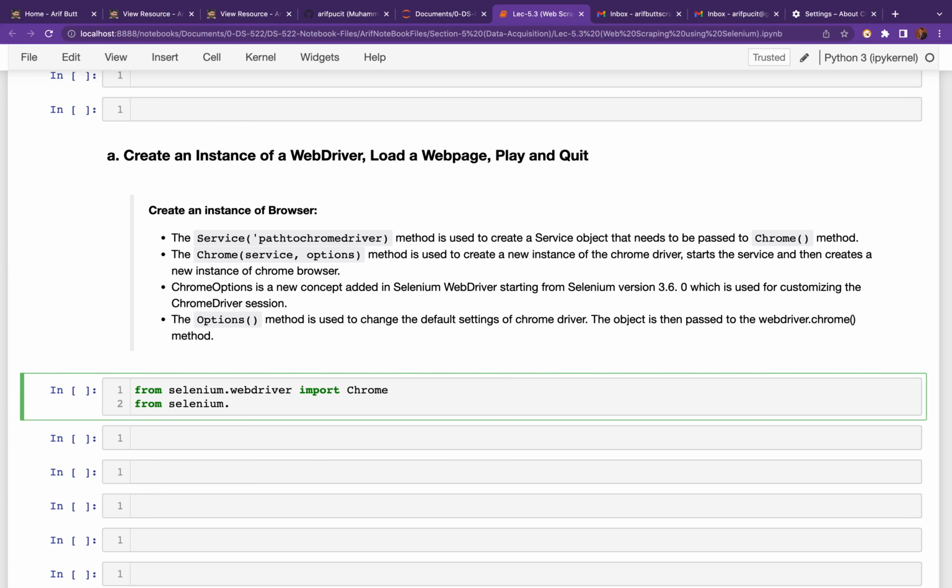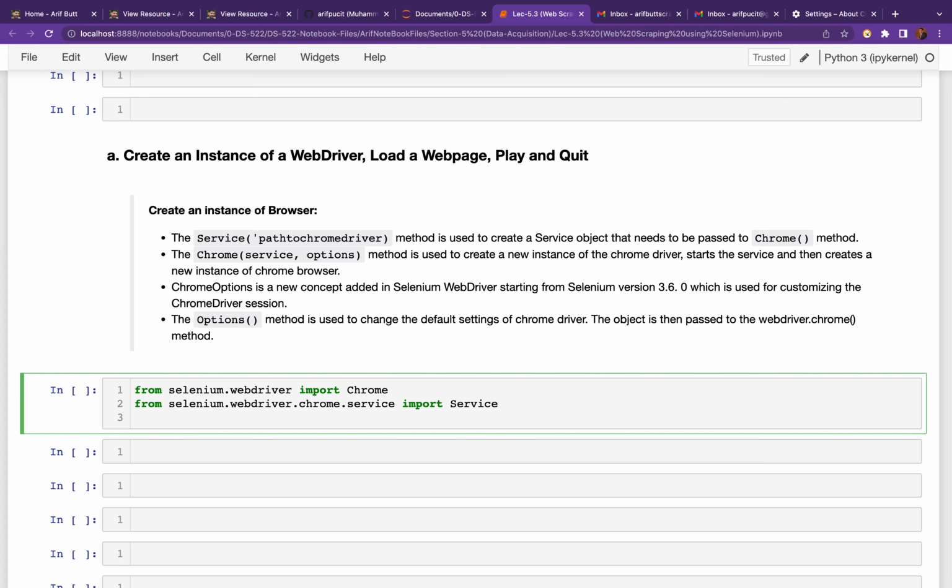from selenium.webdriver.chrome.service, and let me import Service from here. Well, this Service is actually a class of the service module of Chrome, which is used to create a service object that we need to pass to the Chrome constructor. So let me first create a service object,